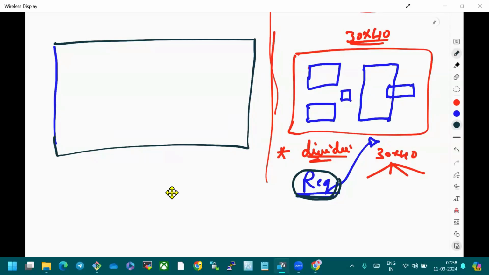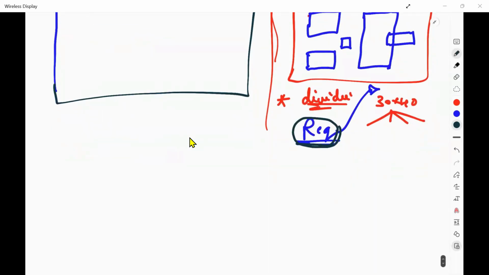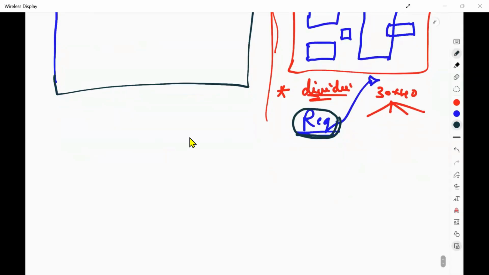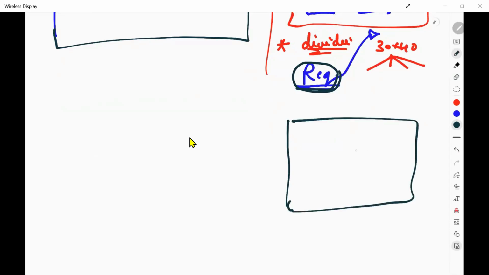Let's say you have divided your home. Now, let us again come back to the same house example. This is your hall. So, hall is this one. And here is your bedroom or some washroom here.